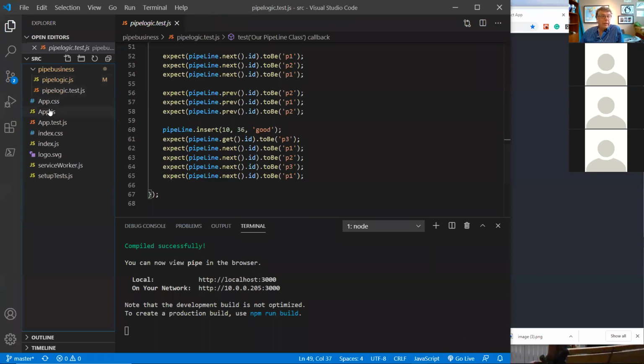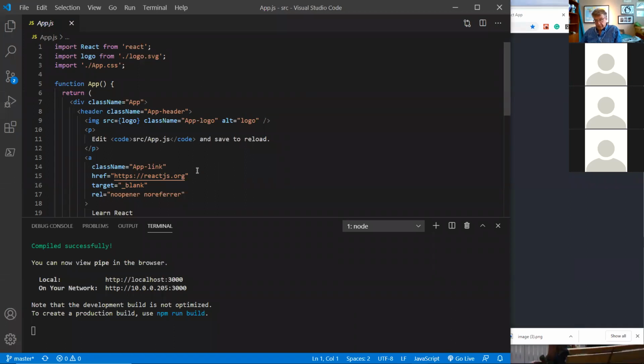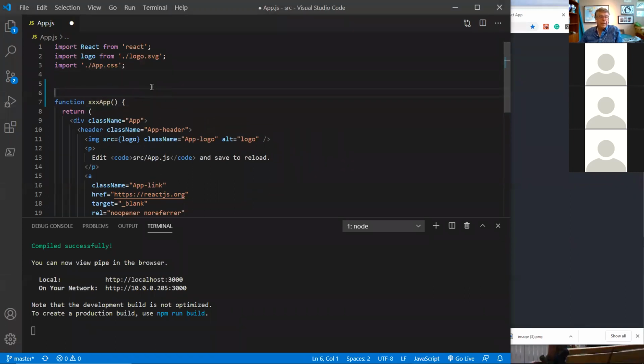Okay, what I'm going to do is bring up the app.js, and this is just the standard application as it comes right out of the box. It comes as a function component. I actually do not like it running as an application, especially when I want to start playing with state. I don't mind using a teensy bit of state, but generally I would prefer to have that as a class. So what I'm going to do is change this function to XXApp, which gets rid of that. I'm going to create a class called App. I didn't want to delete that until I'm comfortable with it. So class App